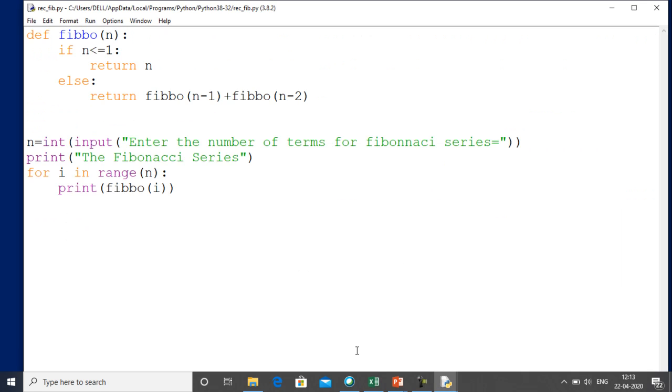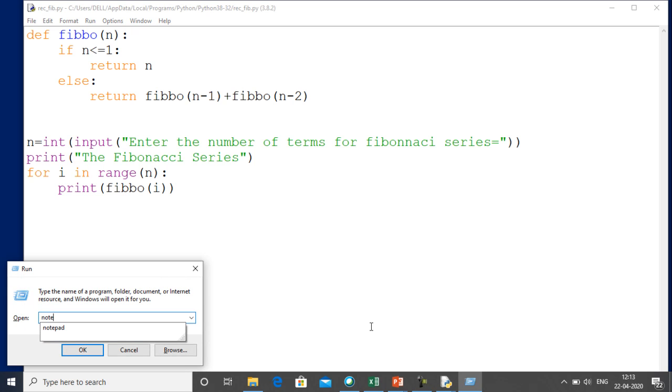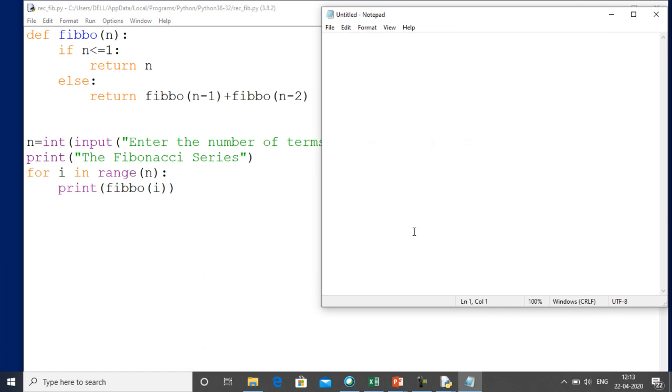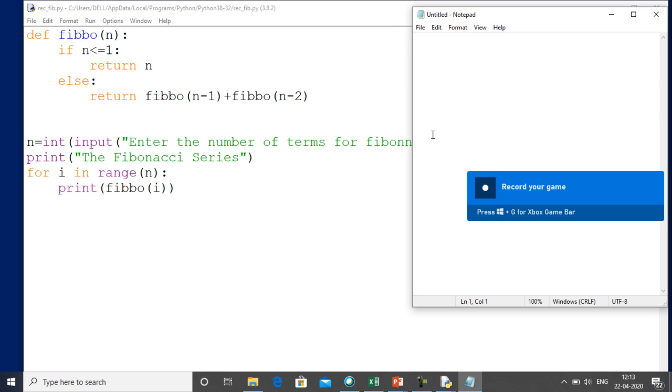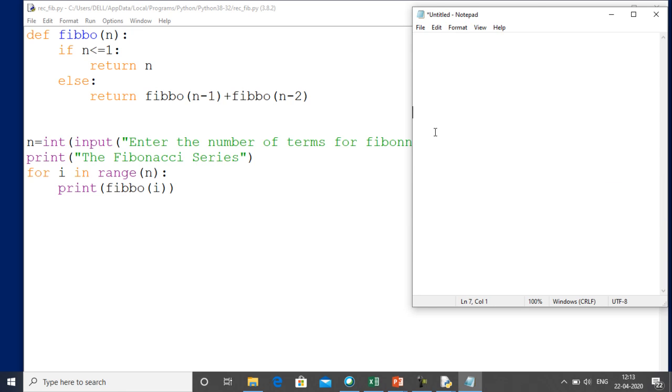For that I simply open a notepad, which helps me in the execution of the code. Now you see that at the main part, the value of n is given. So suppose the value of n is taken as 5. The value of n is taken as 5 first, so the number of values, n equal to 5, is given by the user.